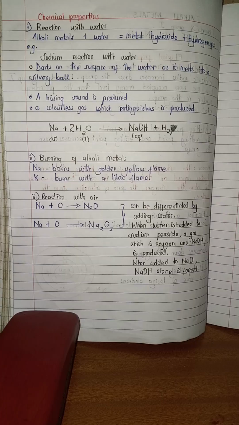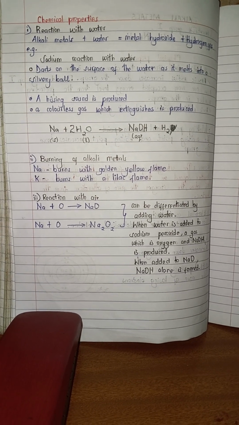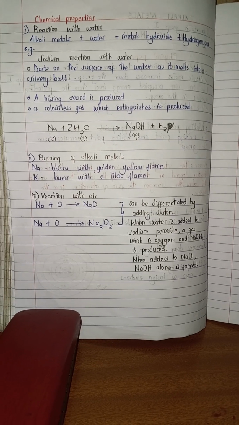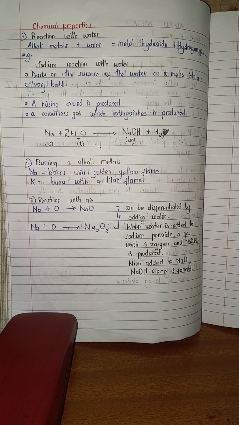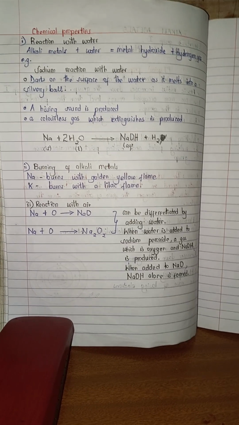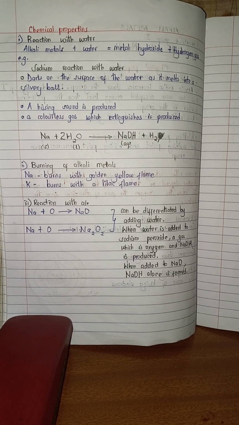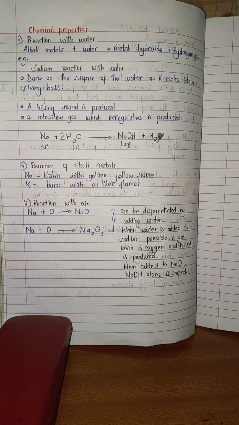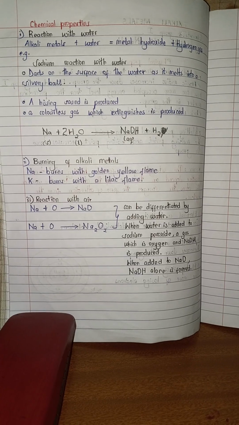Number 1 is reaction with water. In reaction with water, alkali metals react with water to form metal hydroxide and hydrogen gas. For example, let's go down to the chemical equation down there, where it says that sodium reacts with water to form sodium hydroxide and hydrogen gas. There should be a symbol of gas down there on the equation. So, when sodium reacts with water,